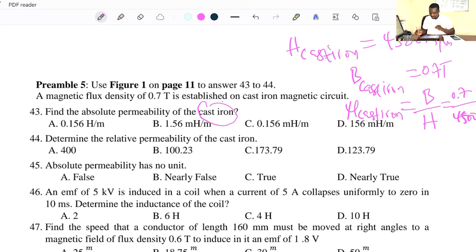So what do I get? That would just be 7 times 10 to the power minus 1 over 4,500. So here, 10 raised to the power 2, you bring it up, it becomes negative, so 10 to the power minus 3. So 7 divided by 45, so we have 0.0